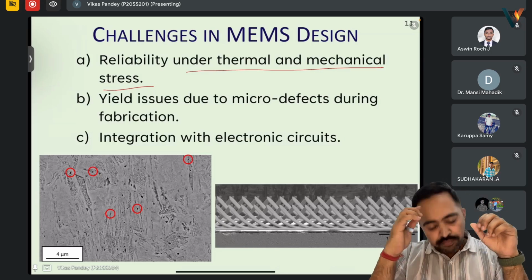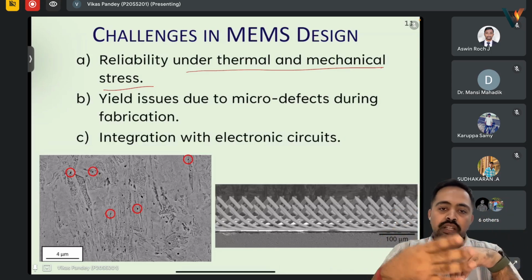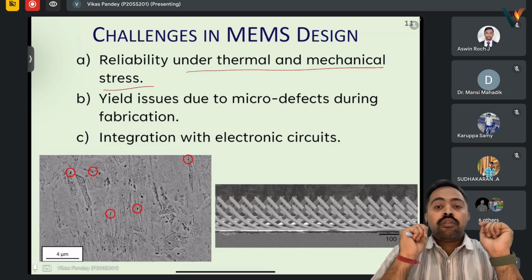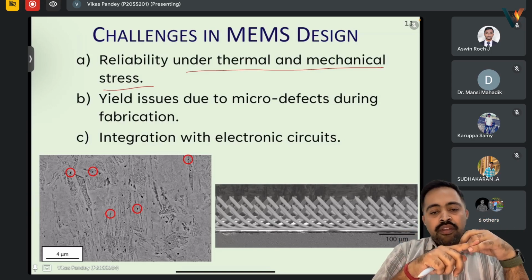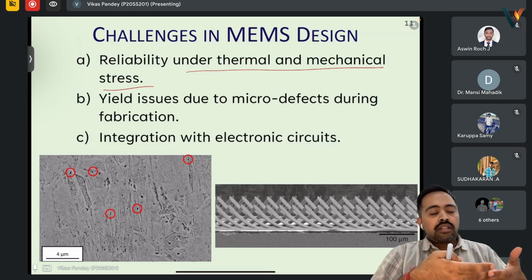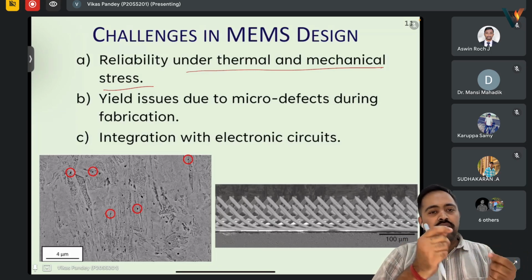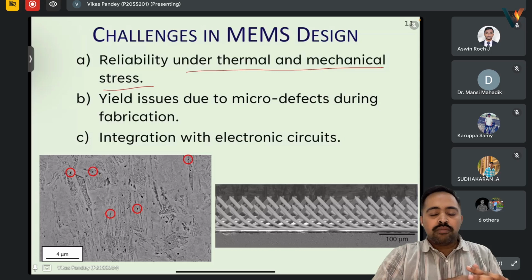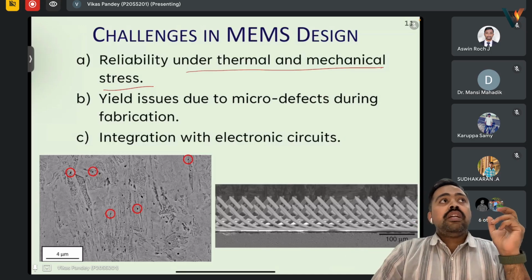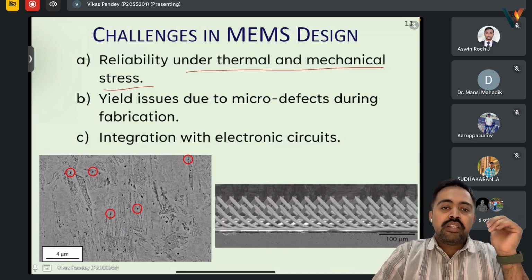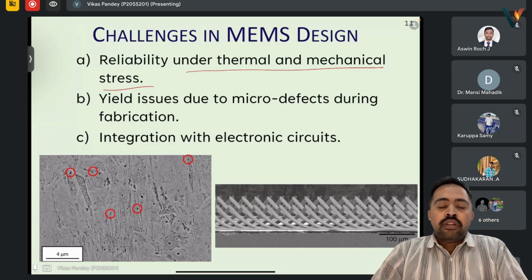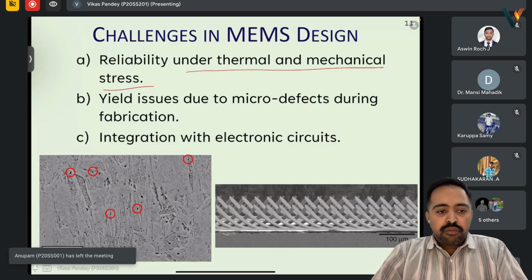Although the external parts might not be that sensitive, the internal MEMS structure and this chip are quite sensitive to mechanical stress. So this comb-like structure, if it gets stuck, it is in micrometers. If it just gets stuck, your whole system is useless. This gyroscope is useless. As well as, if you treat this with too much heat or too much cold, in that case also they suffer some deformations. Okay,